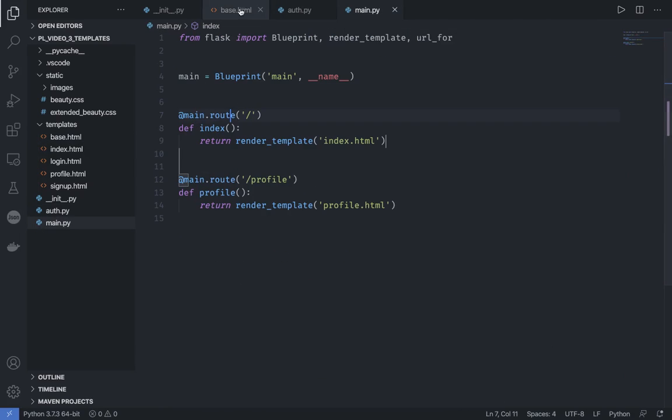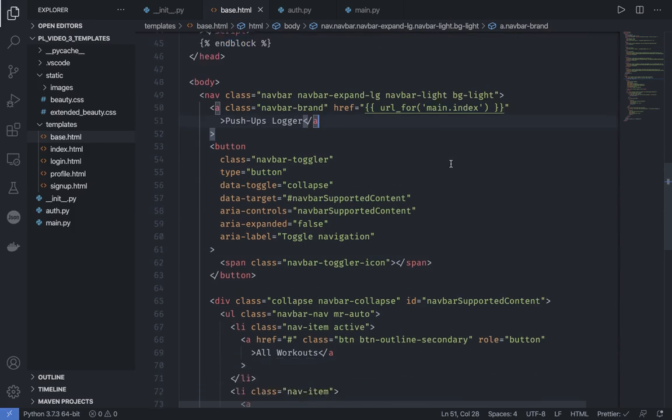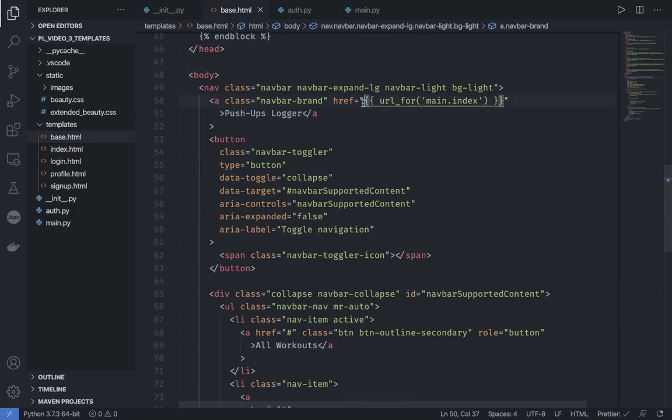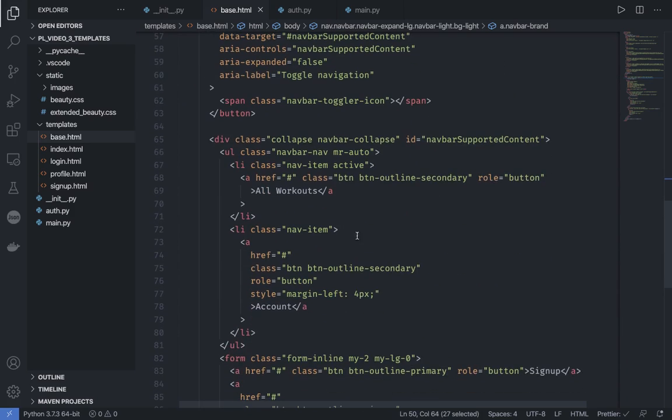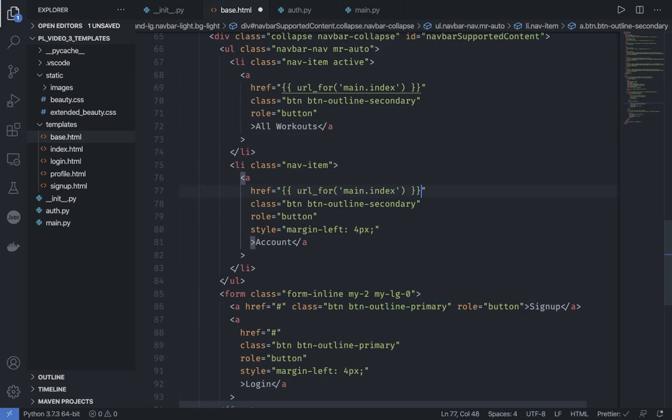So this is how we actually refer to the pushups logger index page using main. So it's very easy to now keep track of all the routes. So we have a main route, a main blueprint, inside which we have index. Similarly, we want to go to all workouts. So all workouts is also under the main page, which we'll be adding in a bit. And it will be having all workouts, but let's just give it index for now because we haven't made this yet. Then we have the account, which is going to be the profile. So main.profile,